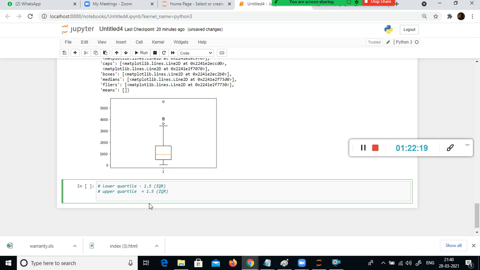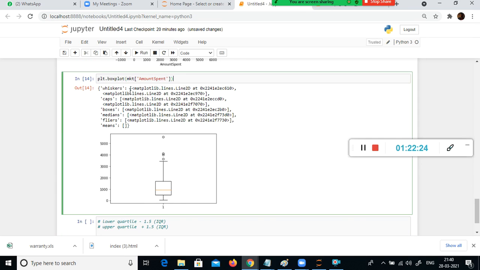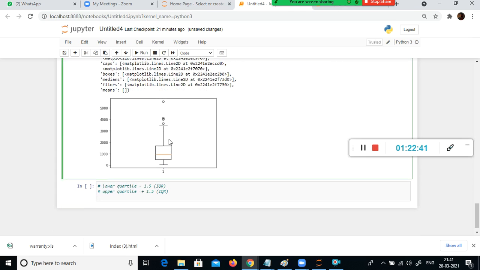Is there any alternate way that I can find out the outlier? You can simply use this visualization, box plot. When you use the box plot, if you find any value below the minimum, or any value above the maximum, that means you have an outlier. So look here, this is maximum, and these values are 1, 2, 3, 4. 4 records or values are above this, hence it is an outlier. We have an outlier in our data set.